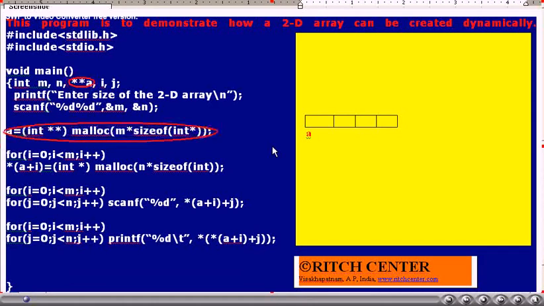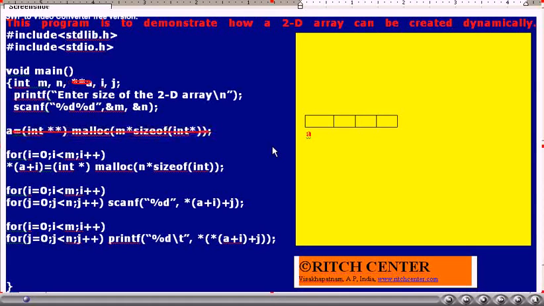Whatever number of rows there are, that many addresses we want to store in this pointer array. Thus, we create a pointer array with that many elements, and that array's first element address, that is the address of a pointer variable, will be assigned to a pointer to pointer type of variable A.